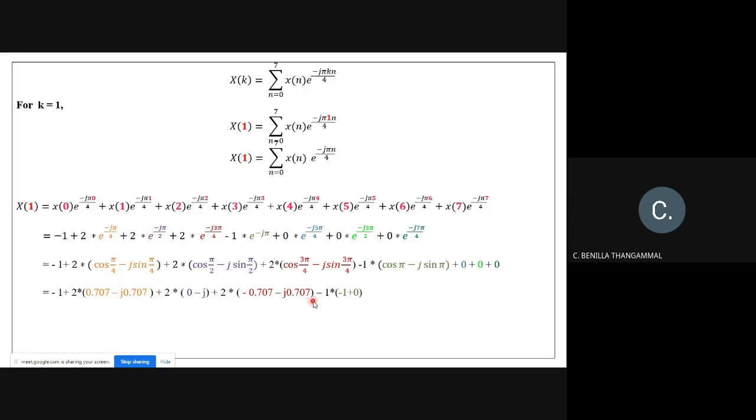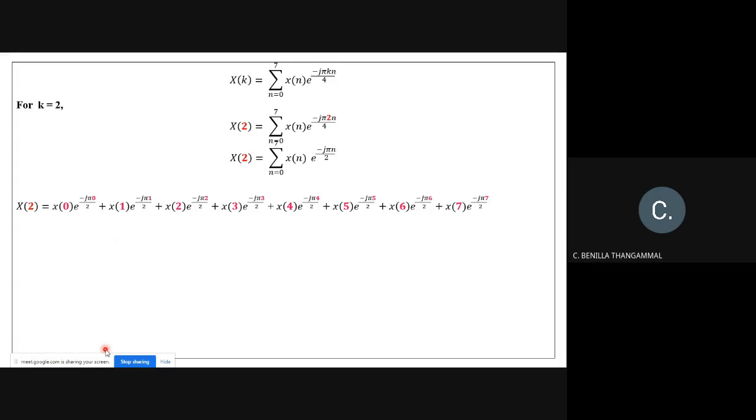So similarly, after finding all the values here, you just find the values here. Here this minus 1 and plus 1 will cancel with each other. Again 1.414 minus 1.414 cancel with each other. And then the sum of all these three j's is nothing but x of 1, which is equal to minus 4.828 j. Similarly, by substituting my k equal to 2, I'll be getting this one,